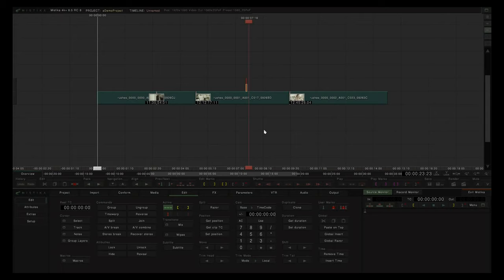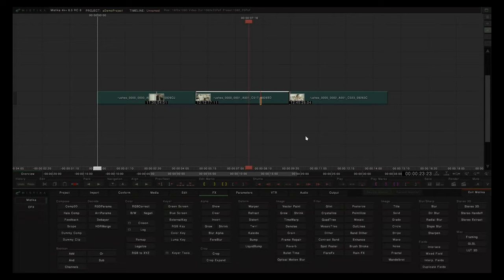We'll have a look at groups in this tutorial. Groups are a very handy function to help manage material on our timeline. As we saw at the end of the transitions tutorial, it's quite easy to start building up quite high stacks within Mistika. For example, if I were to blur this shot,